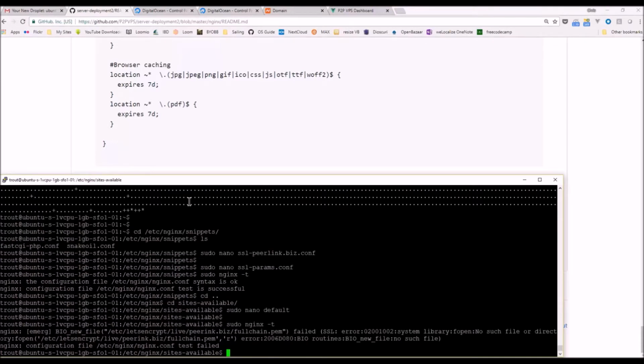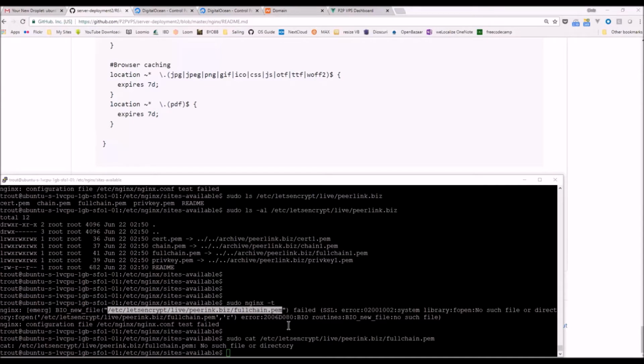Oops. It doesn't like that. Okay, so this is odd. There's some sort of typo in here, but I'm not detecting it. So what I did is I copied this and then tried to cat it, which is basically printed to the screen, and it said it's not there. But I know that I can do